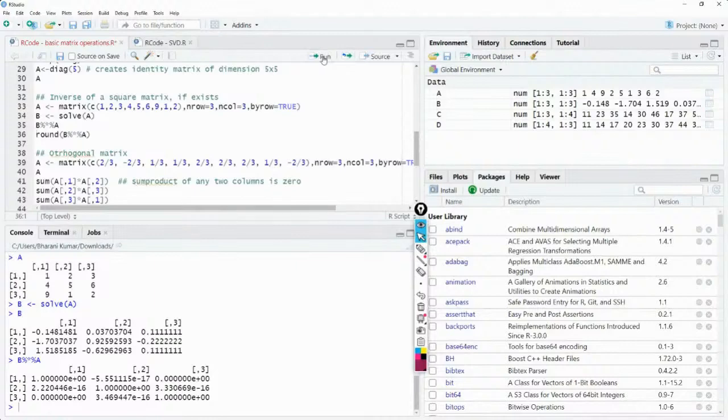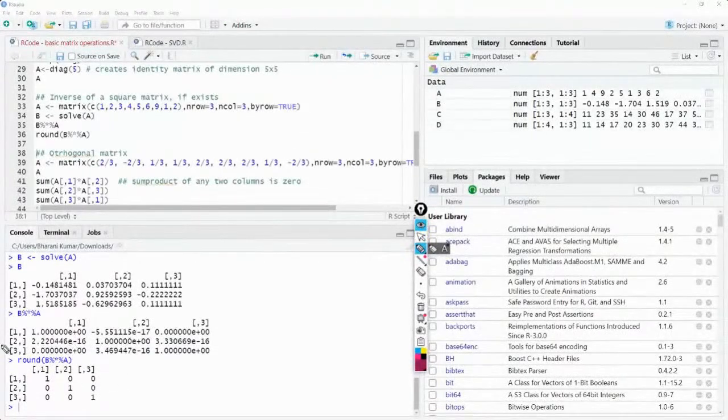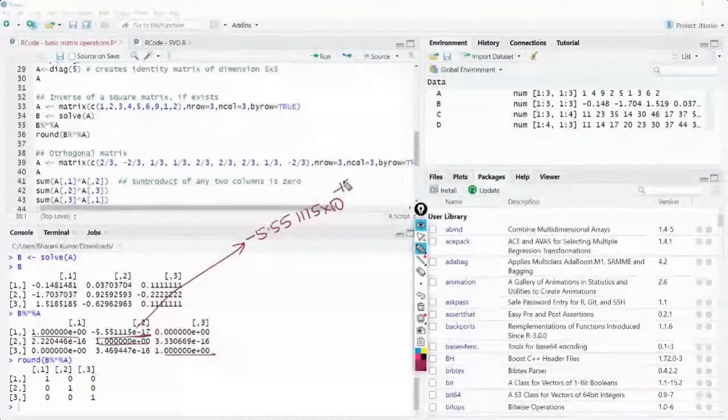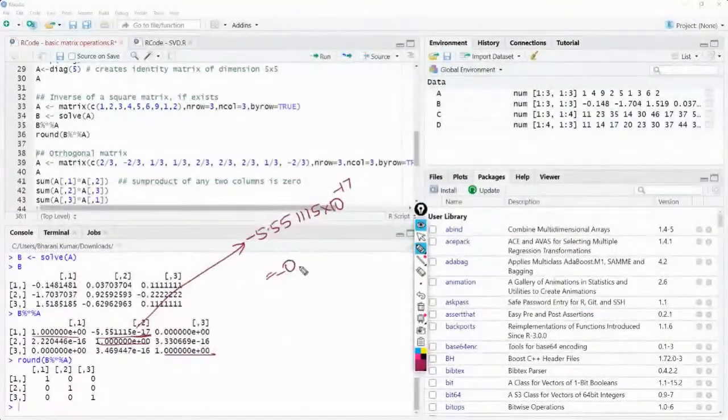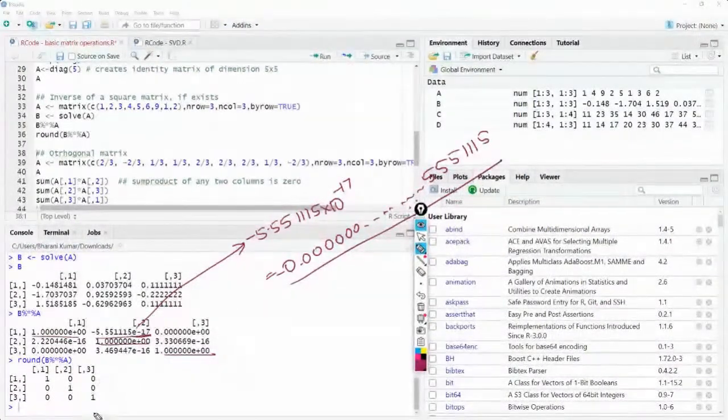Oops. Why is it not giving me in that way? Yeah, it's giving. Right. So these are not rounded off. These are in decimals. This is nothing but 1 only. This can be written as minus 5.551115. Whenever you have e, it is 10 raised to the power minus 17. This will be minus 0.1, 2, 3, 4, 5, 6. All those 16 zeros and then 5, 5, 5, 1, 1, 1, 5. It's approximately 0. So you have all zeros here, and here you have a diagonal matrix which is having all 1.